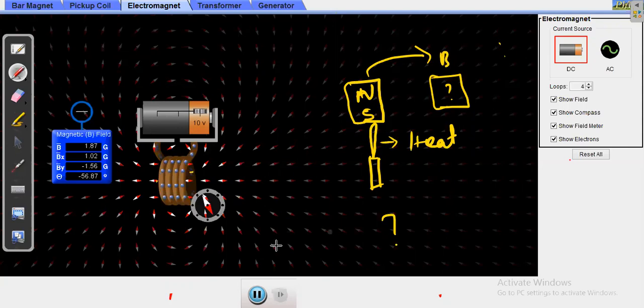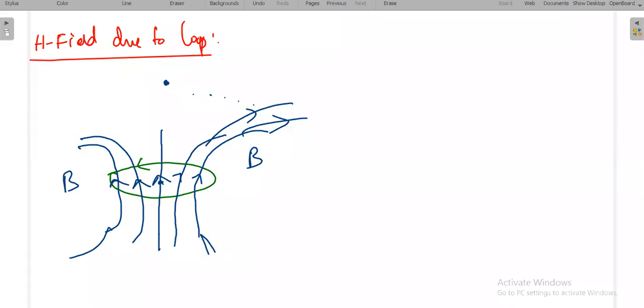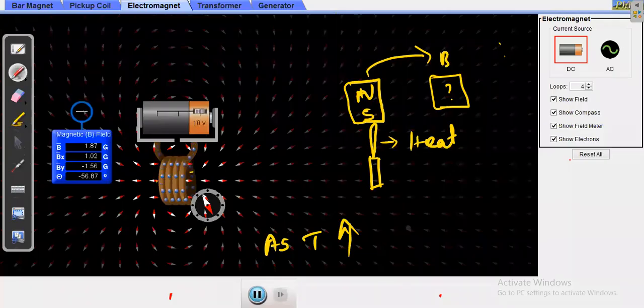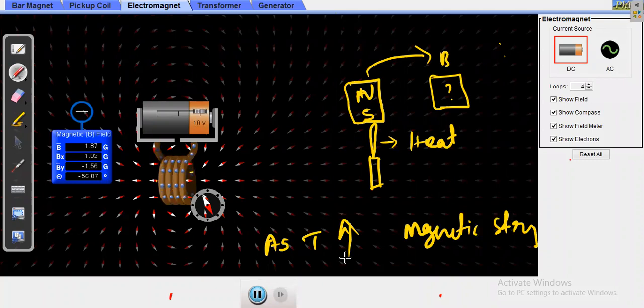So now what is the question? You are having some magnet. As temperature increases, what happens to the magnetic strength? That is my question. Very simply they will ask in the exam, sir: when you have a magnet, as the temperature is increased, what will happen to the magnetic strength? Increases, decreases, remains constant. Like that they will ask the question.